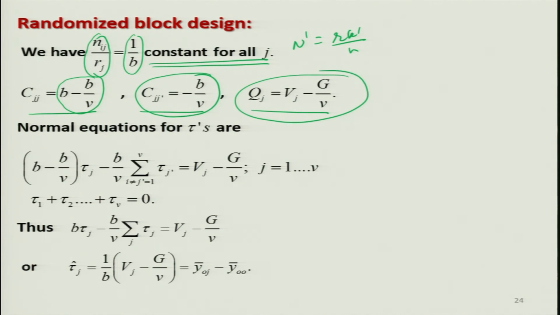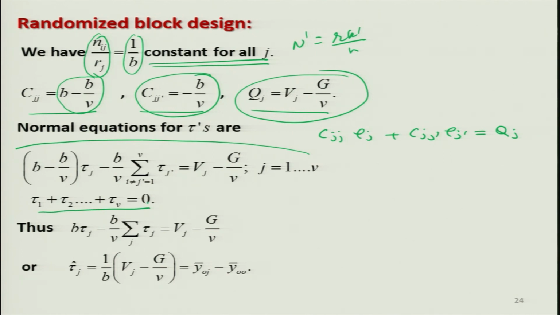And then, if you recall, at that time you had written the normal equation for tau j as Cjj tau j plus Cjj prime tau j prime is equal to Qj. So, if you substitute all these values here, you will get this normal equation. And now you are saying that tau 1 plus tau 2 plus up to tau v is equal to 0,